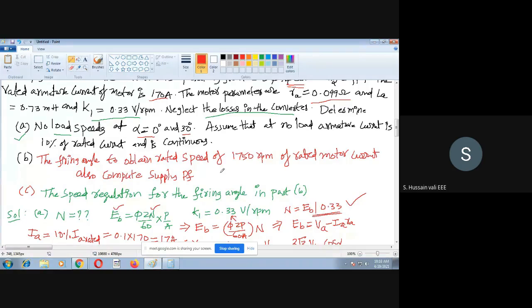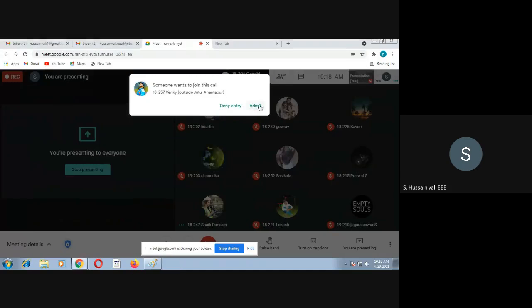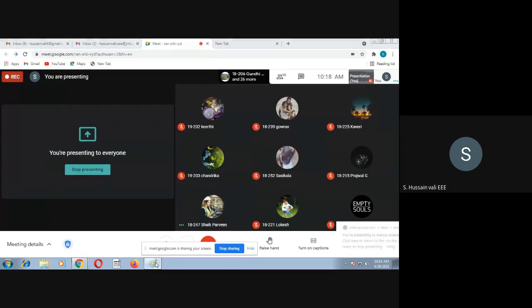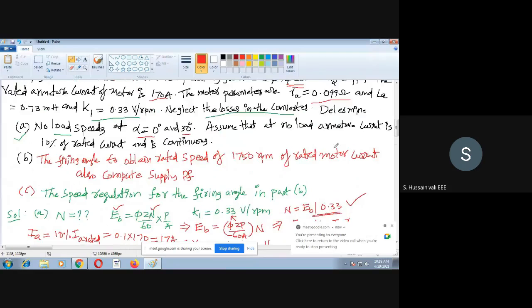So how to find that out, see for yourself. This you can find out easily. First, one by one, we'll come to the firing angle. To find out the firing angle, what do you require actually? So what is the equation you have for the firing angle, alpha? We have some equations already.